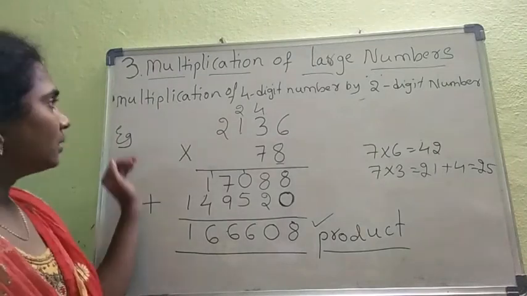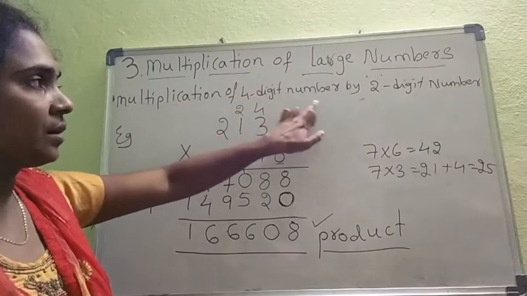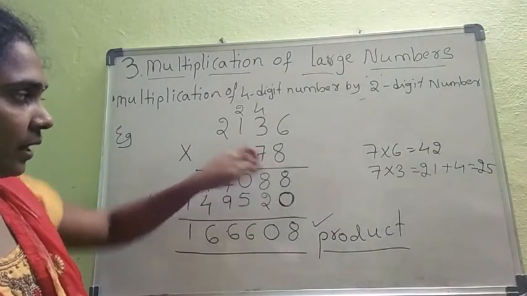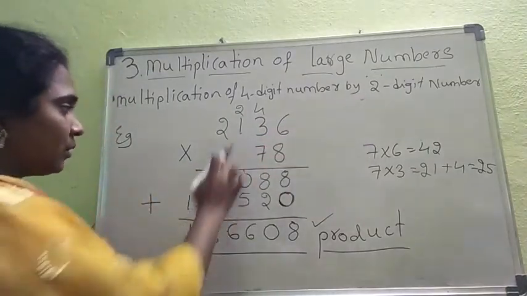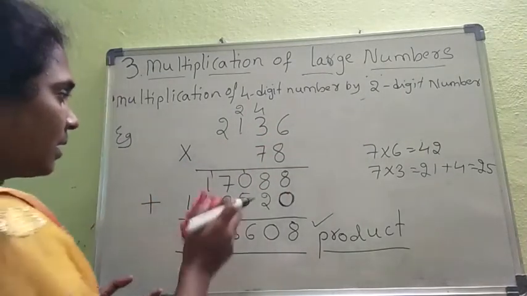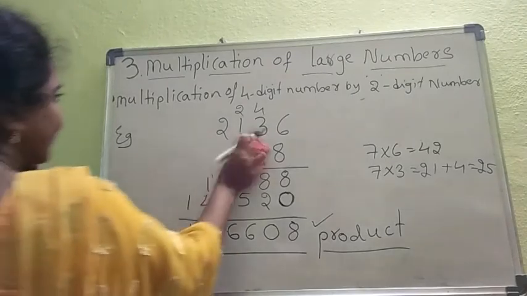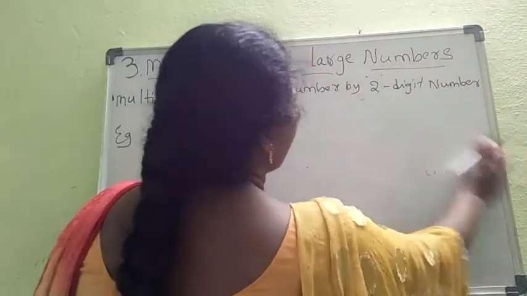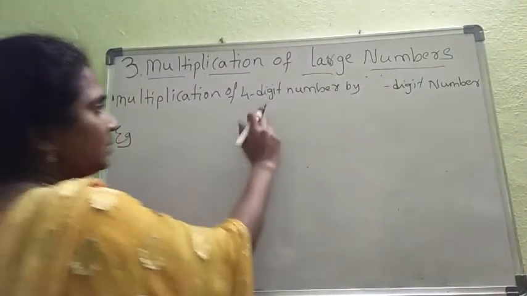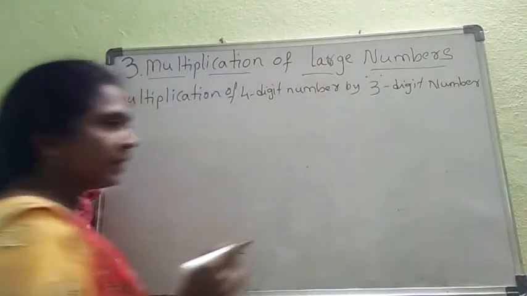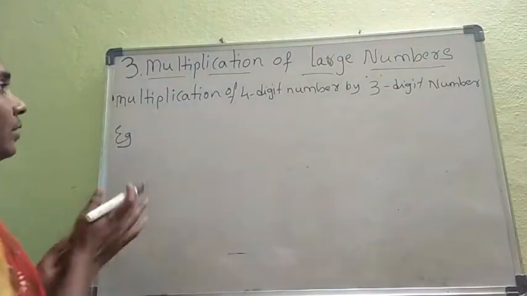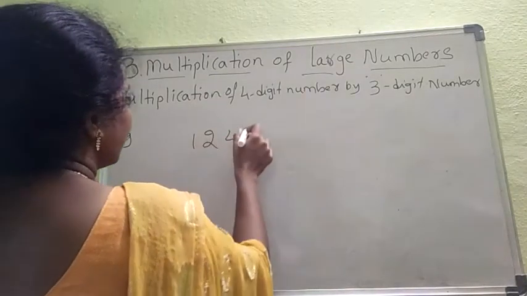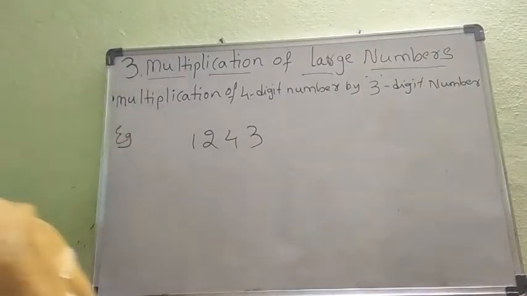Now, next we'll see the same multiplication of a 4-digit number by a 3-digit number, right? So now this is the process of 2-digit, right? Next by the 3 digits. That means here you will get one more digit. Okay, I am rubbing this one. Next, 4-digit multiplication by a 3-digit number, right? So again I am taking one 4-digit number example. This 4-digit number, just I will write up.